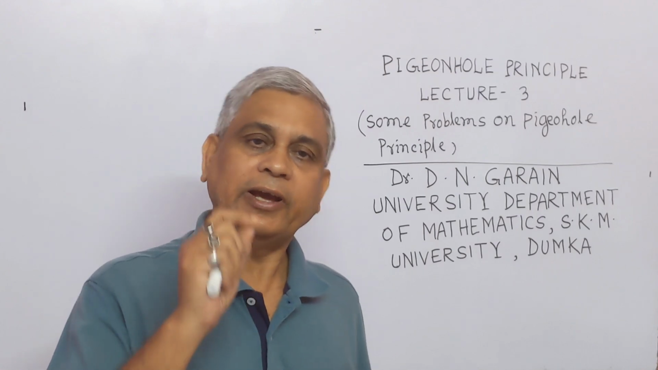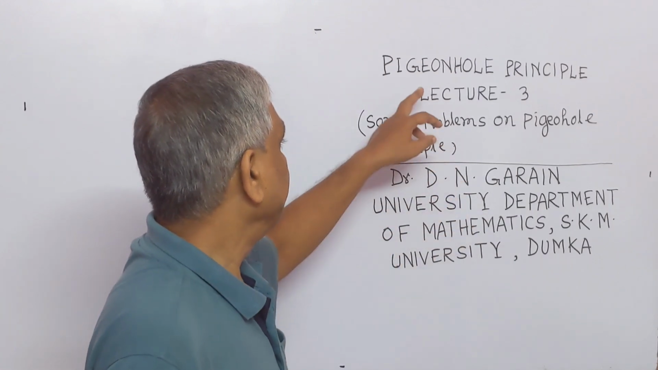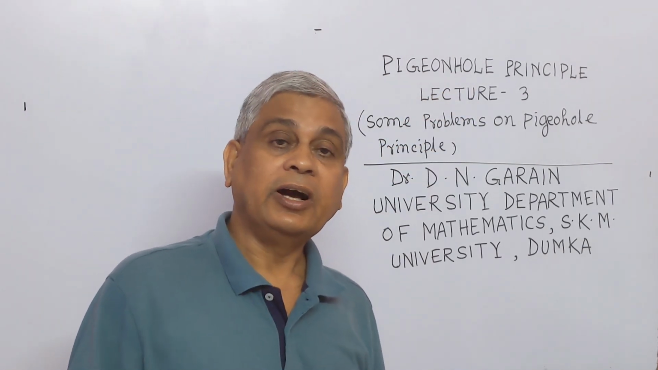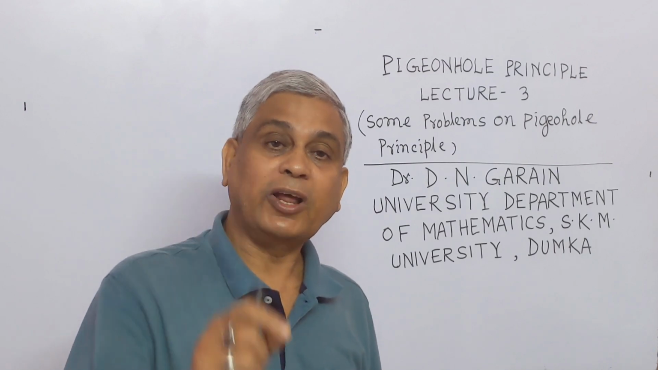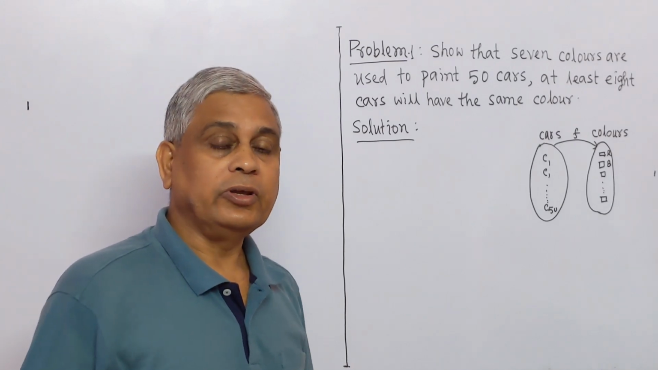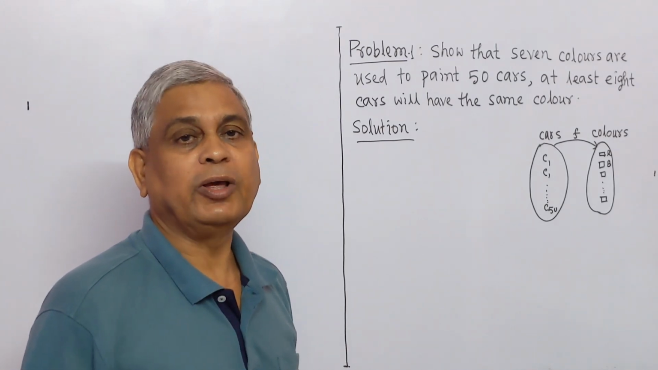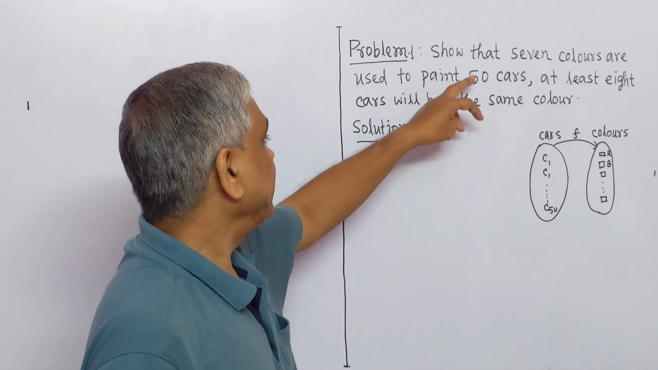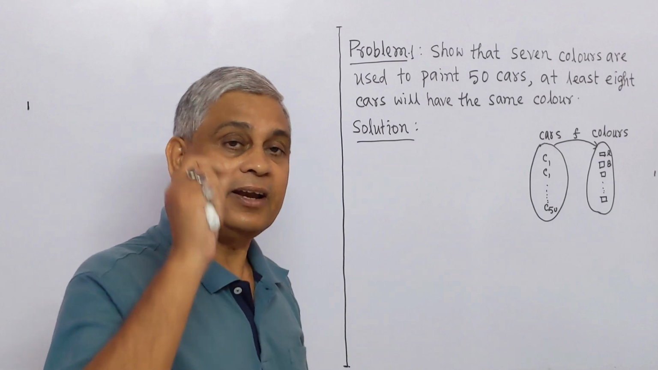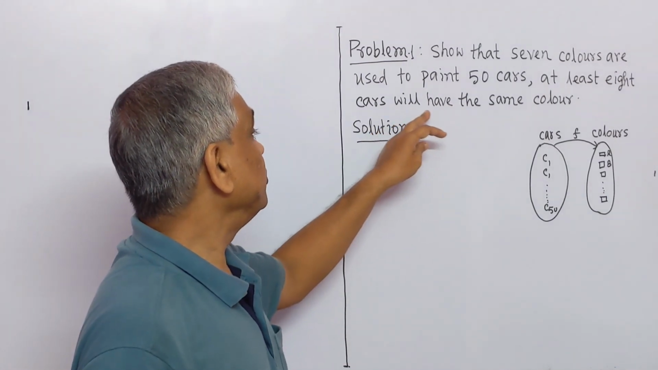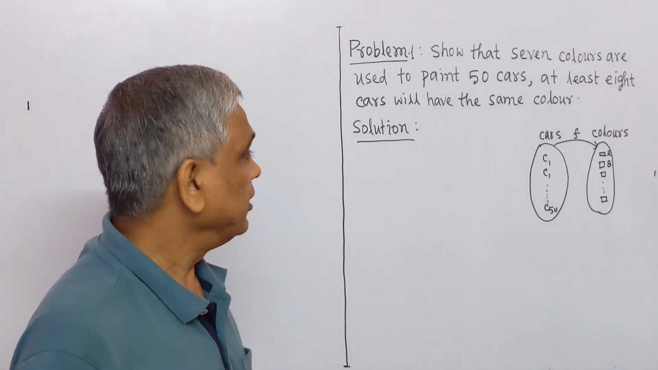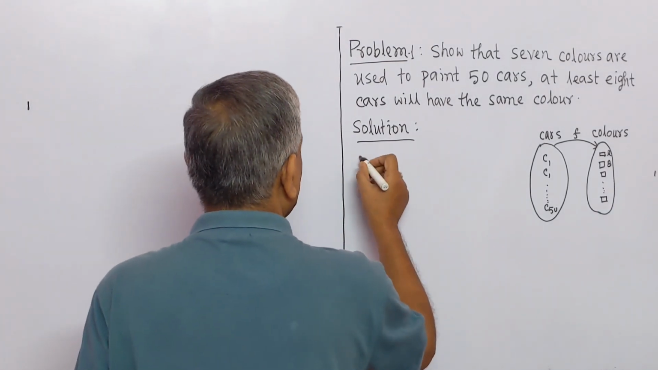Today I will deliver lecture on Pigeonhole principle, lecture number 3, in which I will solve some problems on Pigeonhole principle. Now we solve a problem. Problem is that 7 colors are used to paint 50 cars. At least 8 cars will have the same color. Now we solve this. Here number of cars